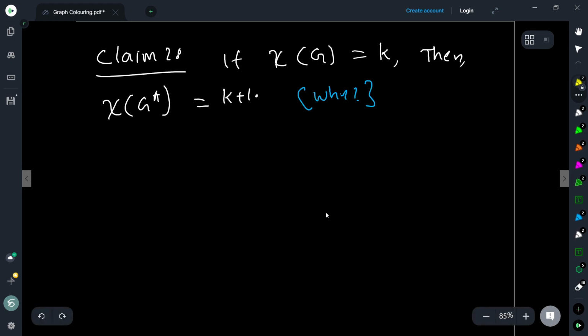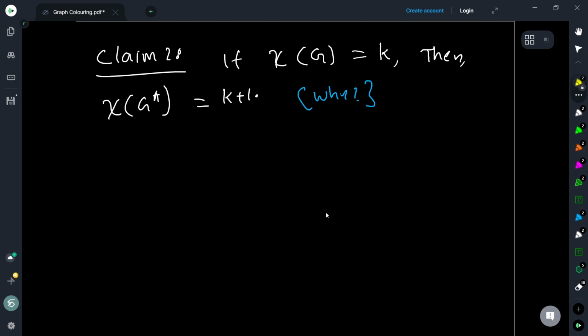So the second claim is that if the chromatic number of the graph G is k, then the chromatic number of the new graph G star is k plus 1. It's exactly one more than the chromatic number. Now, how do you prove this? What we can observe is that first of all, we can show that there is a k plus 1 coloring. Using k plus 1 colors, you have an easy coloring because, as we mentioned,